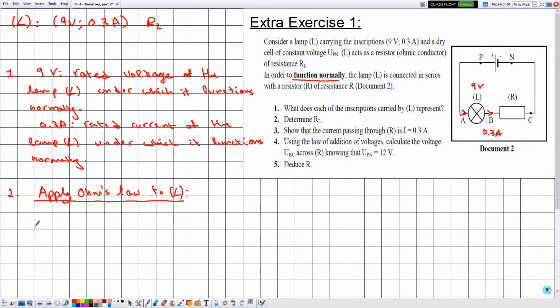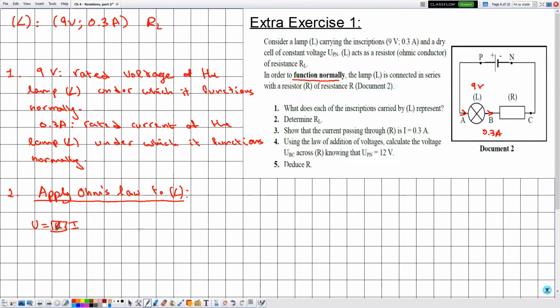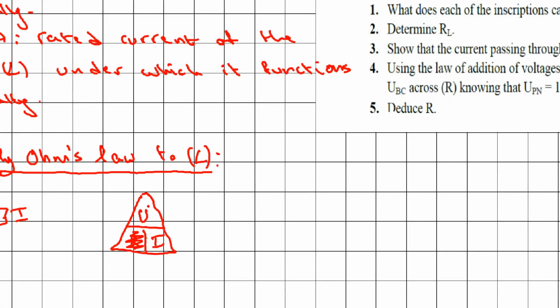And we start by writing the general form, which is given by U is equal to R multiplied by I. Notice that we are interested in determining the value of R. So constructing the triangle of this formula, because we have multiplication, U will be at the top, R and I at the bottom. Putting our hand over R because we are interested in determining RL,